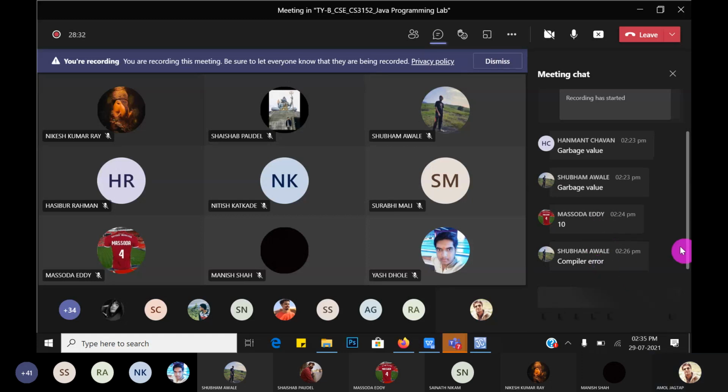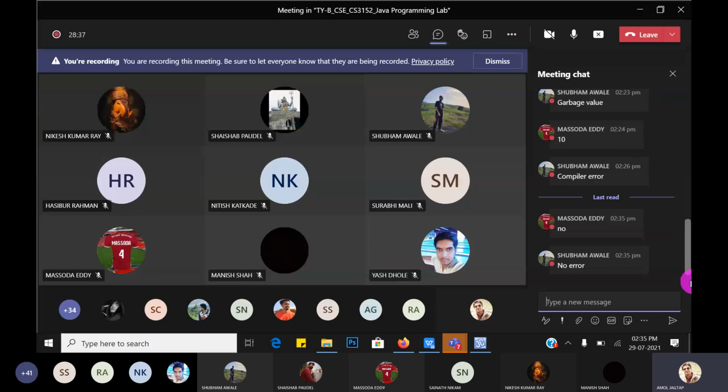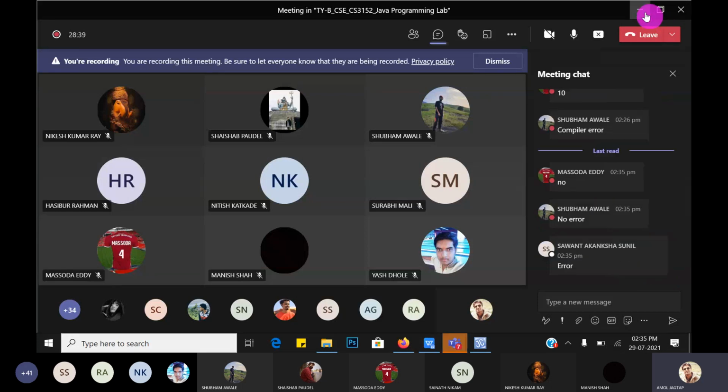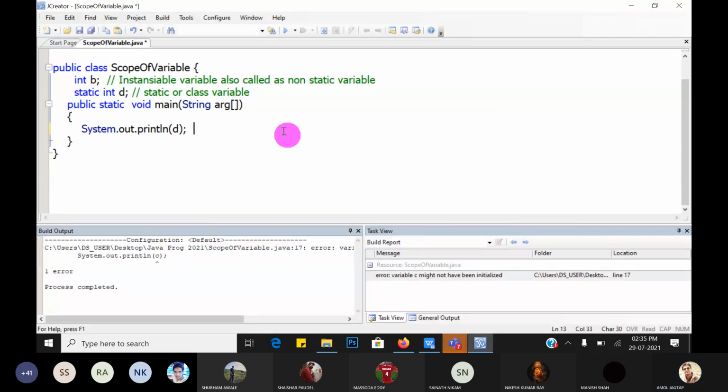Okay, compiler error? No, no compiler error. Okay. Great. The value is 0.